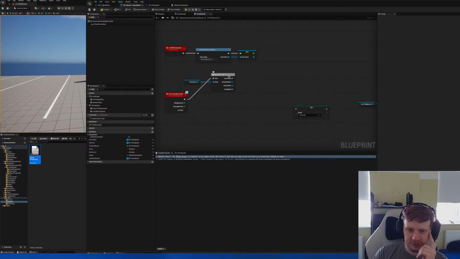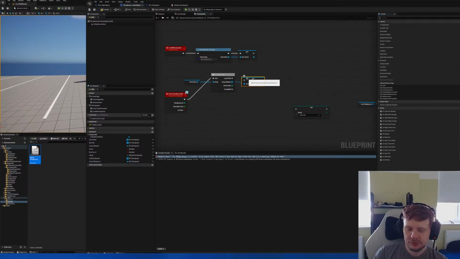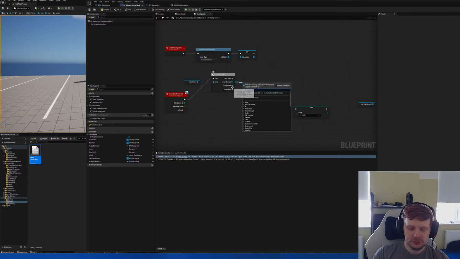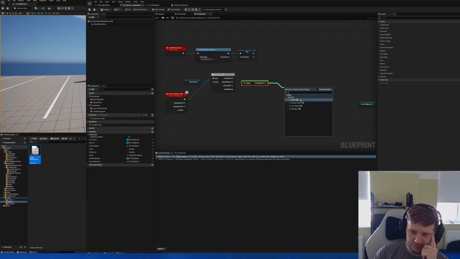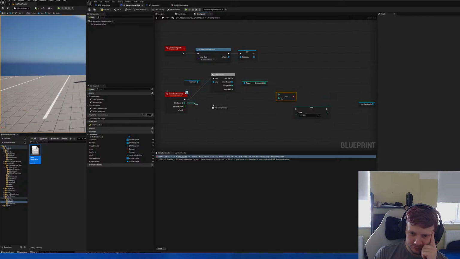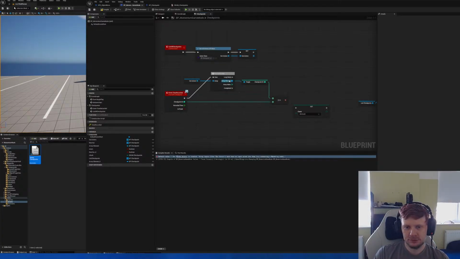Use a for each loop with a break. Let's loop the body and get checkpoint ID. And if checkpoint ID matches this,